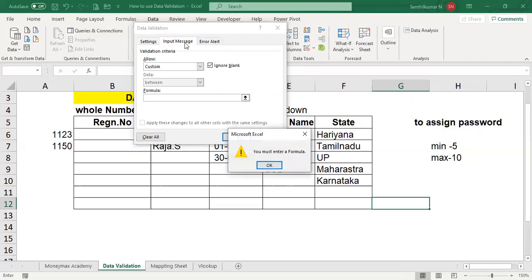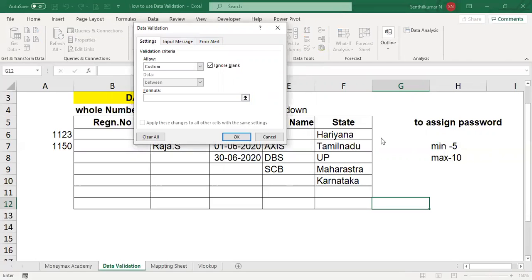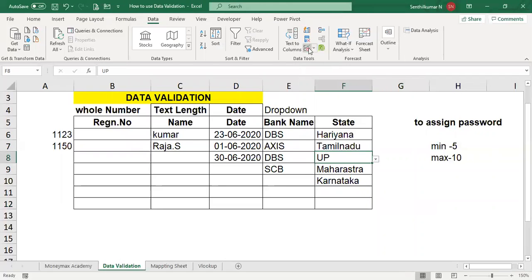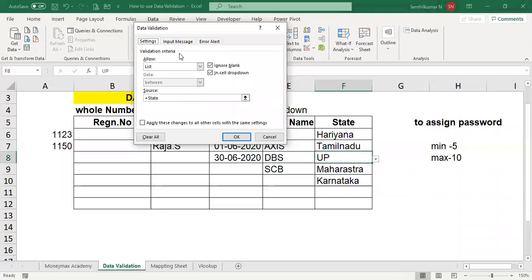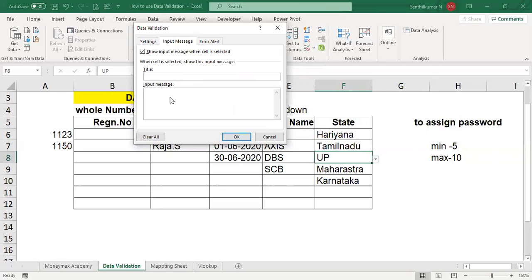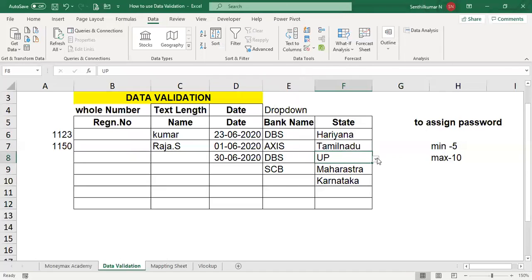Then if you want to create the input message, you can go select the data. Suppose I am selecting one cell only, but the total state may be selected. If you want to create the input message, you can create it.